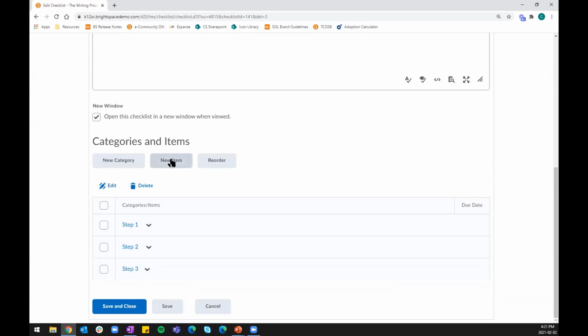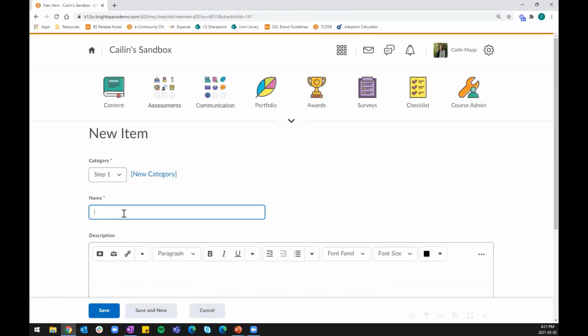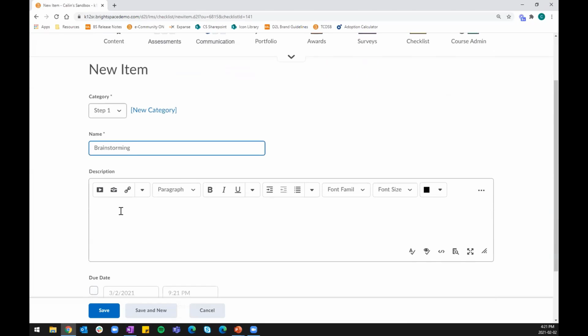So now I'm going to add new items. And again, this is what students are going to check off as completed. So step 1 is going to be brainstorming. And this is where in the description, I'm going to tell students what the success criteria is for brainstorming. So maybe what I've talked about with my class is that we're going to complete a mind map. And in that mind map, you have to include 5 ideas for what your short story is going to be about. So I'm going to write, please